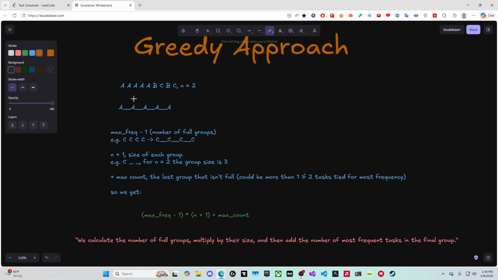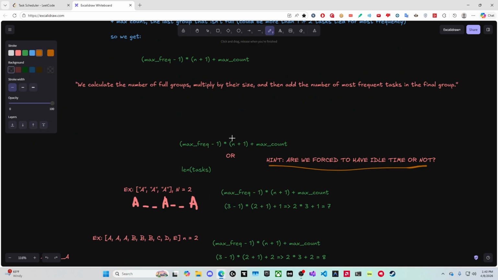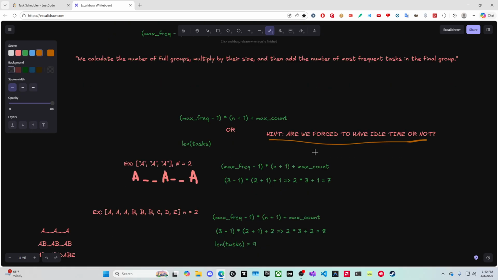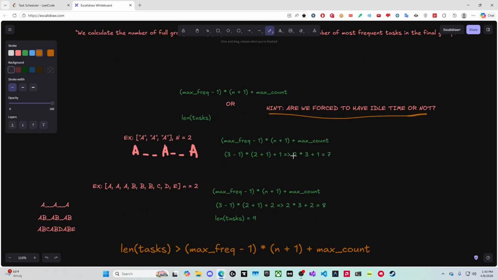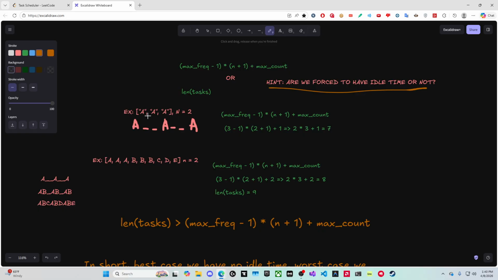Because we could use B, C, B, C, right? So we use this, right? But now we have idle time, right? So do we have to use idle time or not? That's really the big question in terms of how do we find out what the correct answer is? Because this formula won't always work. And again, I have examples to illustrate this. Okay, so